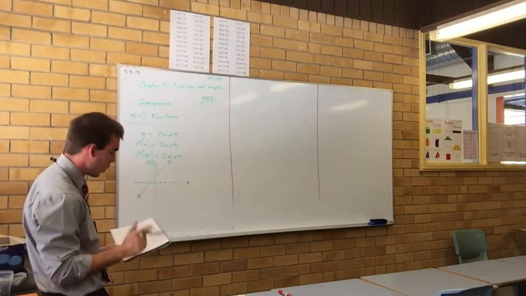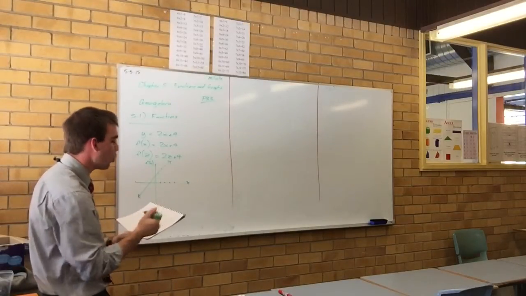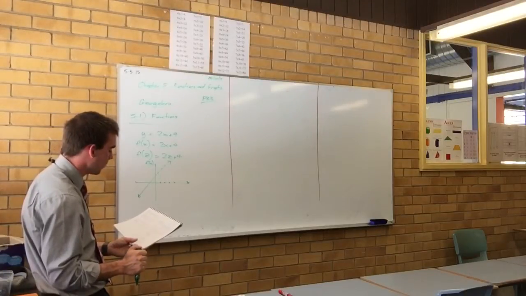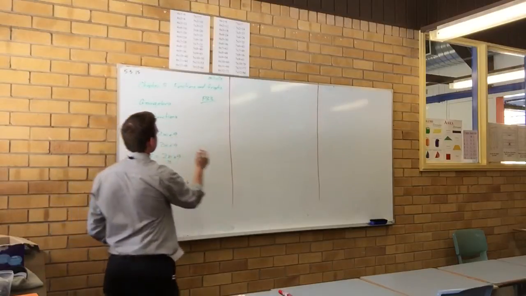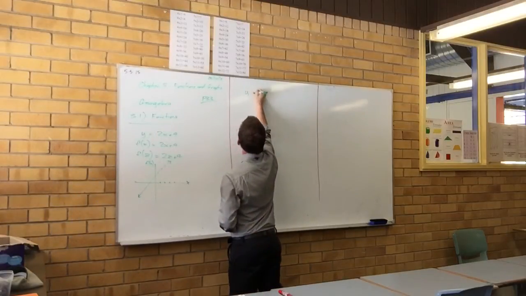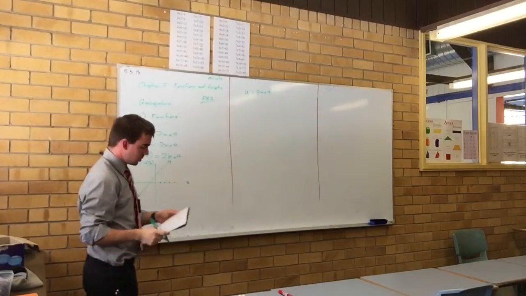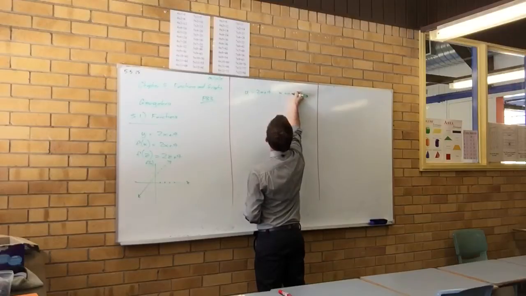Now we'll cover more on that in a moment. I'm just giving you a bit of an overview and then we'll look at the specifics. Right, dependent and independent variables. Let's do it again: y equals 2x plus 4. The x is the independent